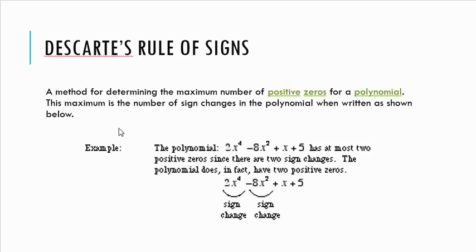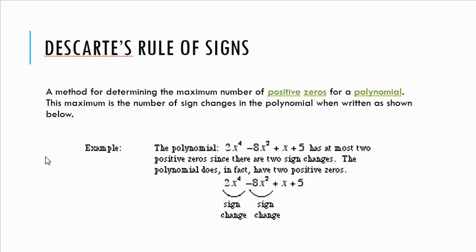That's that simple. So the polynomial 2x to the fourth minus 8x squared plus x plus 5 has at most 2 positive zeros, since there are 2 sign changes. And the polynomial does, in fact, have 2 positive zeros. And just another thing to remember, the degree of a polynomial tells us that there are 4 zeros. Whether they're real or imaginary, there are 4 complex zeros. So therefore, if there's a maximum of 2 positive, then there has to be a minimum of 2